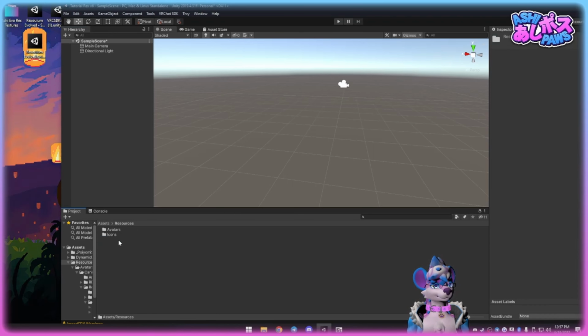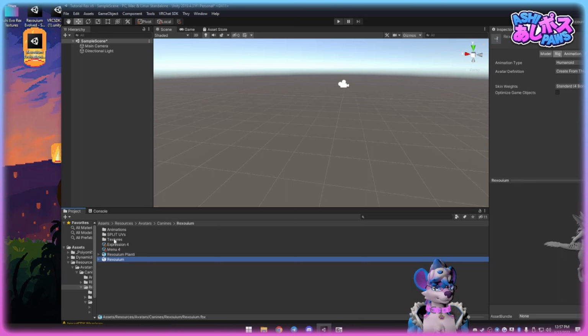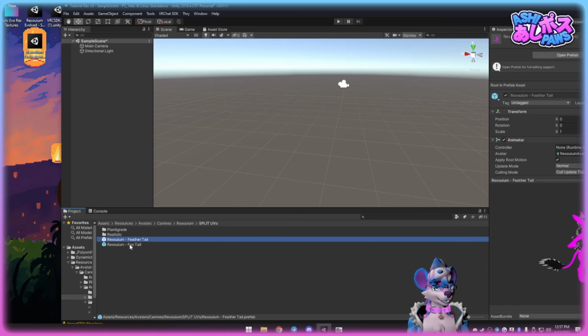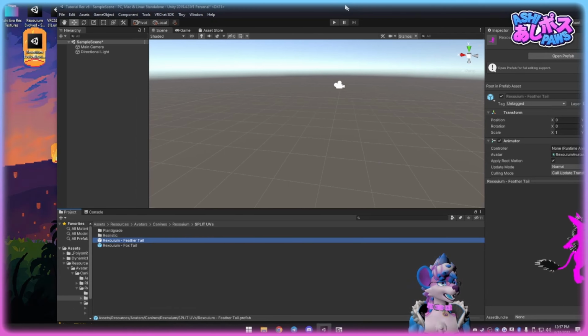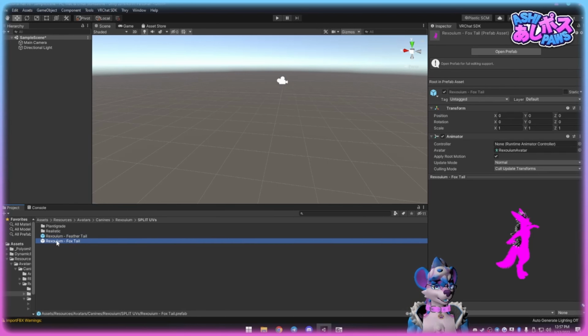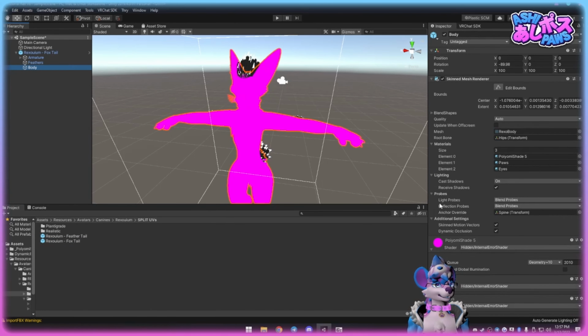Okay. Once it's done, you want to open Resources, Avatars, Canines, Rexolium, and then now there's only 2. Oh no, wait, it's in Split UVs. Now there's only 2. And you can see it's still pink, even though I had the shaders in first. Sometimes that just happens. So you want to pick the one that you're using, minus Foxtail, and then fix the shader,